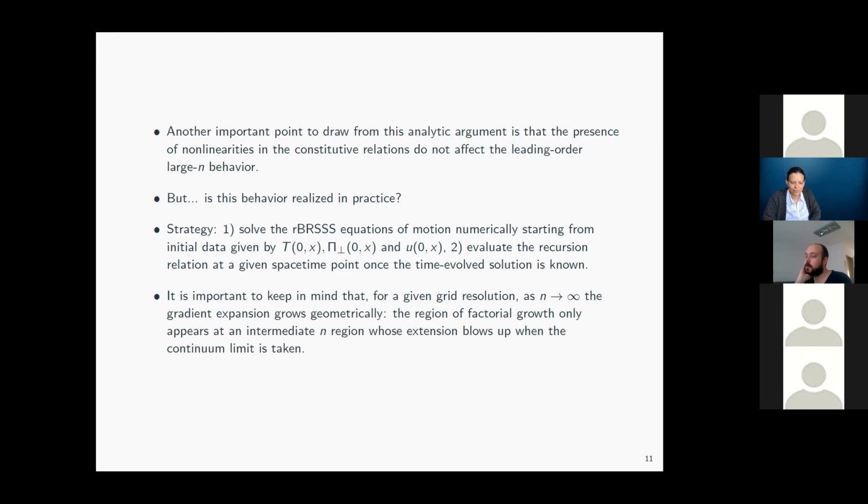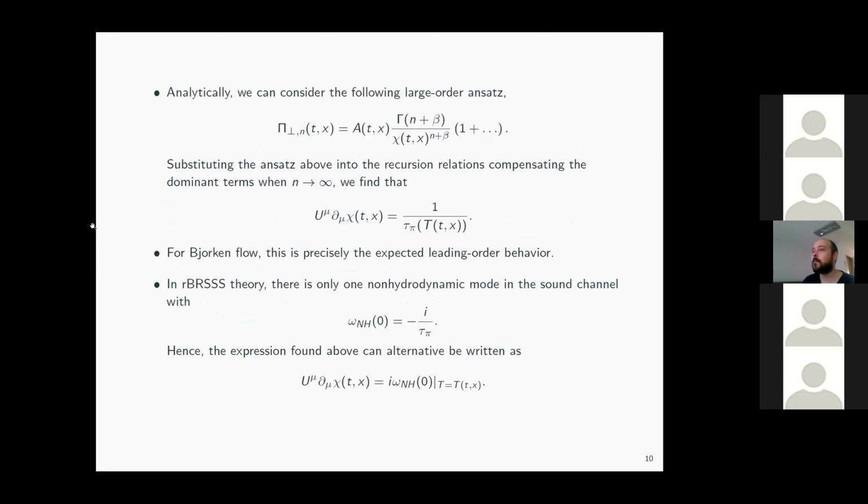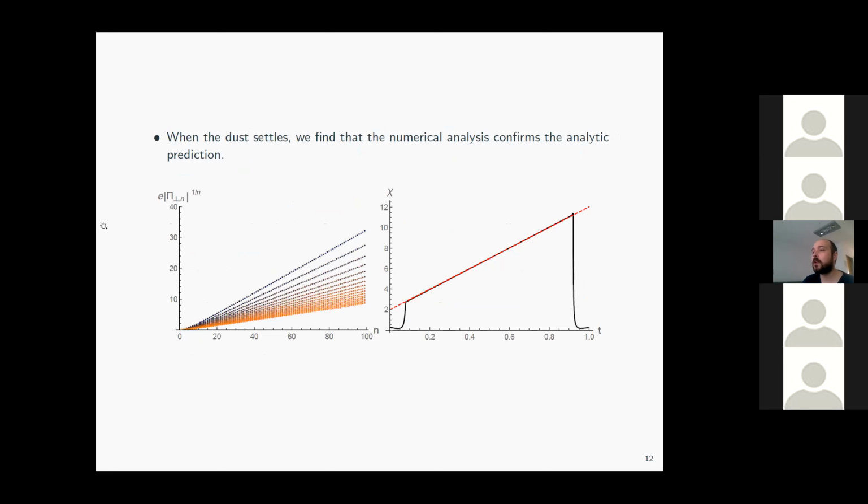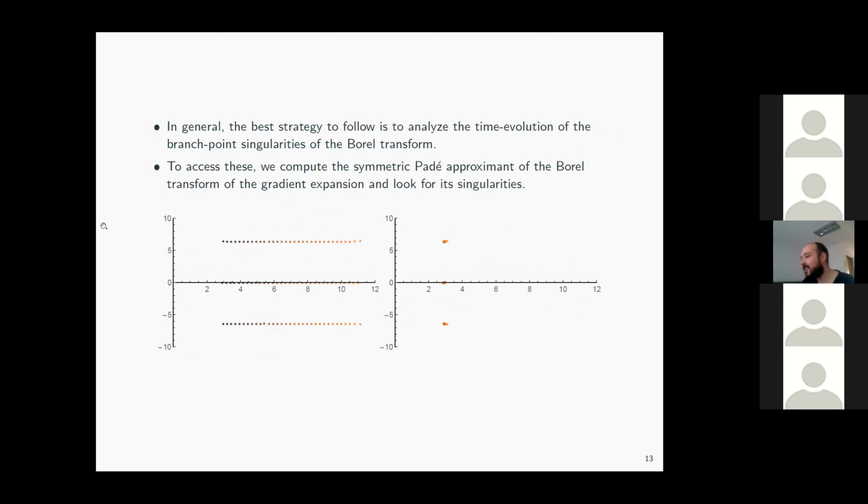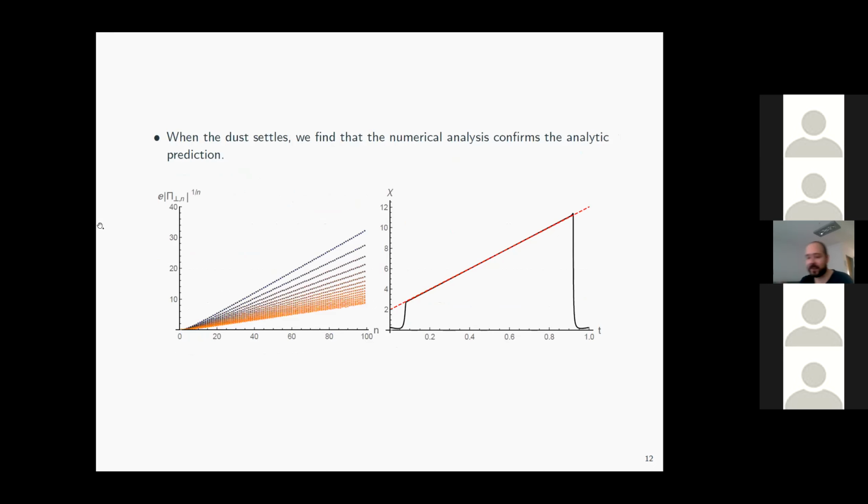Excuse me, I have a question. Can you go back to the previous figure? Previous? Do you mean this one? Yes. No, the previous one. 12. Yes. Okay. Well, I'm a little bit confused. So this n is the order of epsilon, right? Yes. But now the right figure is looking at t, right?